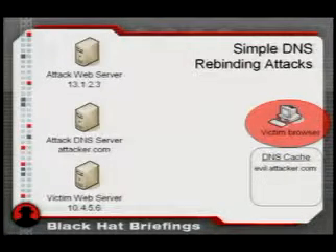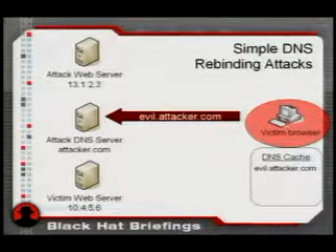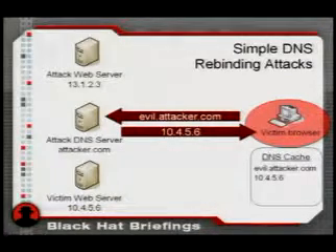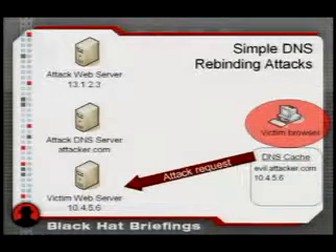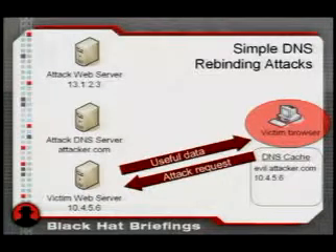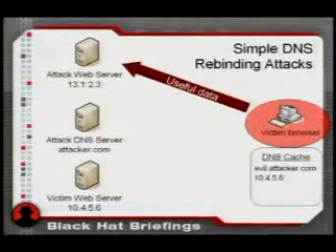Because the IP address is timed out and is no longer in the DNS cache, the browser sends a new query back to the same DNS server. But this time, the attacker responds with the IP address of the victim server, which is usually on the same private network as the browser. The browser lets the payload connect to that server, some kind of attack is launched, presumably useful data is returned, and then forwarded back to the attacker. Now this entire time, the protocol didn't change, the hostname didn't change, and the port number didn't change, which means that none of this violates the same origin policy.